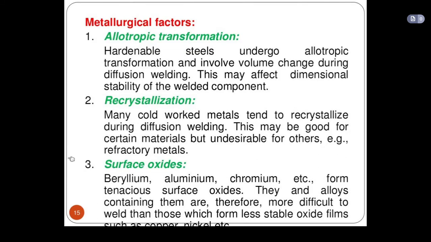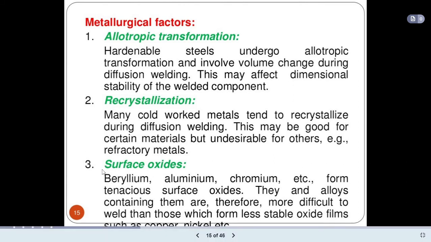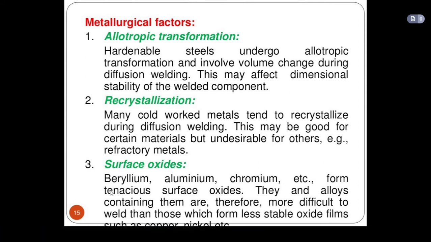Then metallurgical factors. Metallurgical factors also affect the quality of the weld, and they give an idea about which parameter we have to control and how we can set the parameter. Suppose we want to join two base materials which are made up of aluminum alloy. If we consider the aluminum alloy, then we have to consider the melting point, and according to that we can adjust the temperature during the welding process. Similarly, we can adjust the pressure and the time factors also.